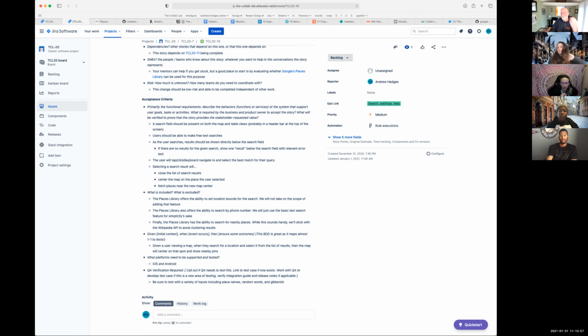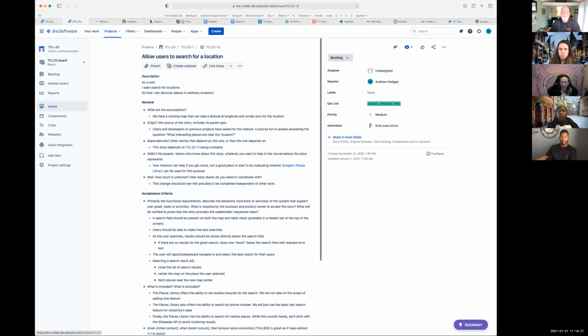This would help us set a center, but it wouldn't return the actual place information. We could change that, but it's probably a whole set of stories to do that. So, does that all make sense? Yep. Okay. Cool. All right. We'll consider that ready, selected for development.